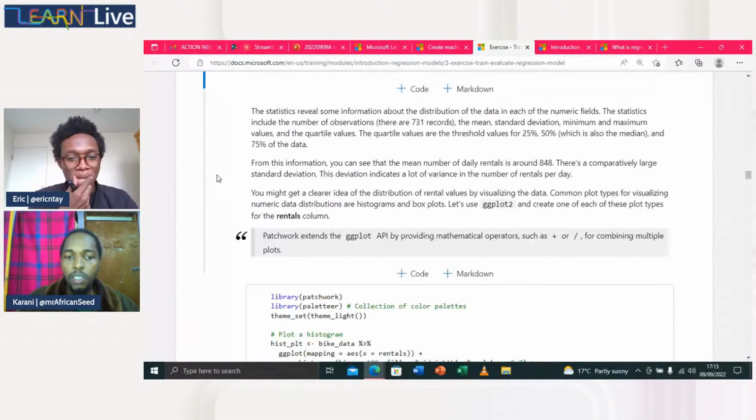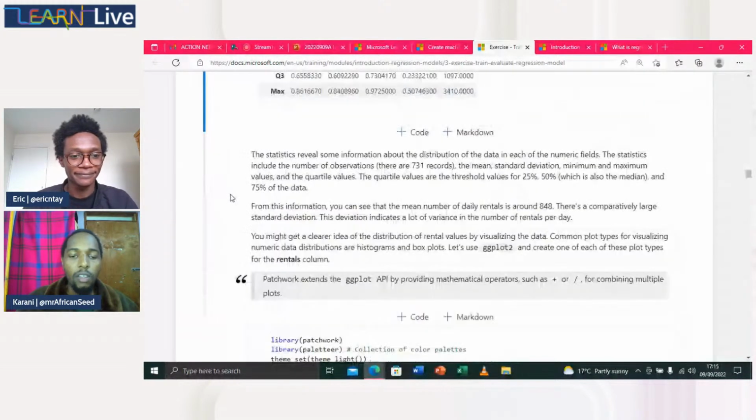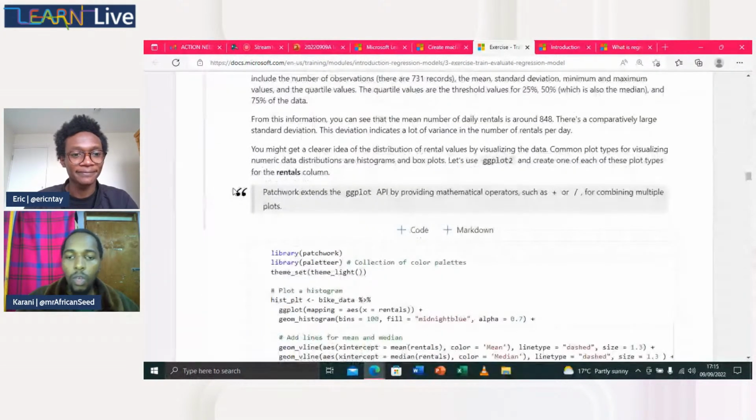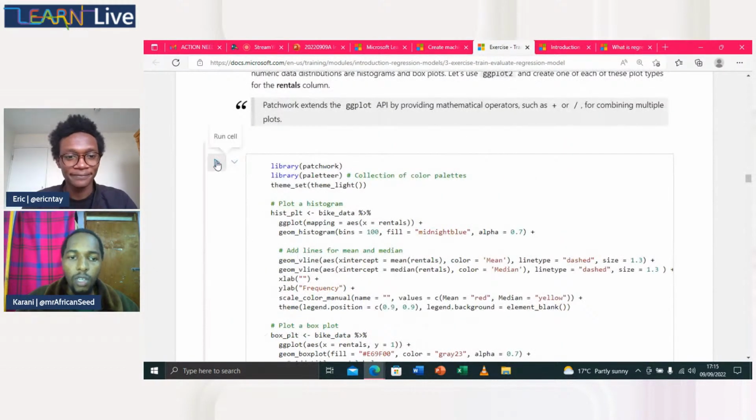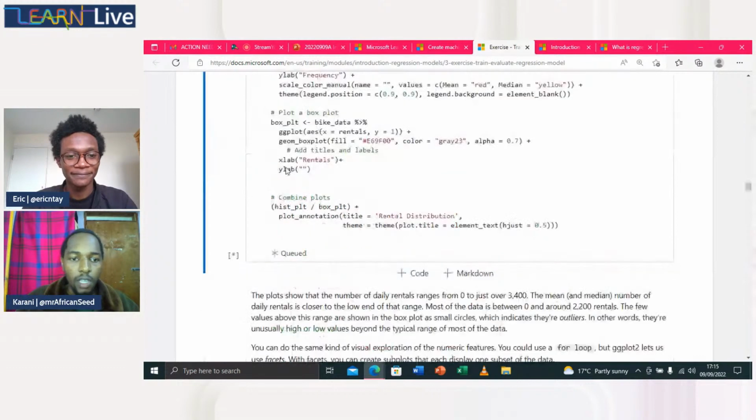Ggplot was also highlighted in our first episode, whereby they highlighted some of the uses of ggplot and how it works. So for this part, we are going to use ggplot and combine it with a boxplot to achieve some visualization of our data. In this cell,